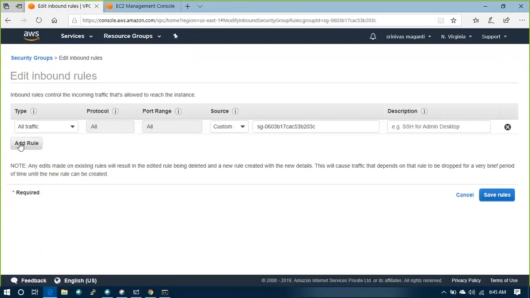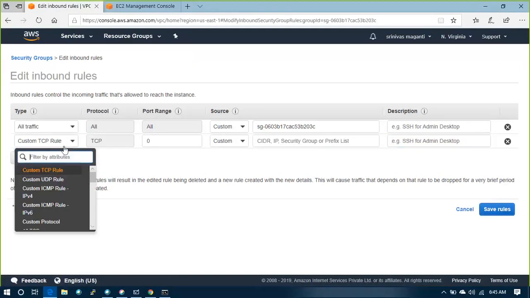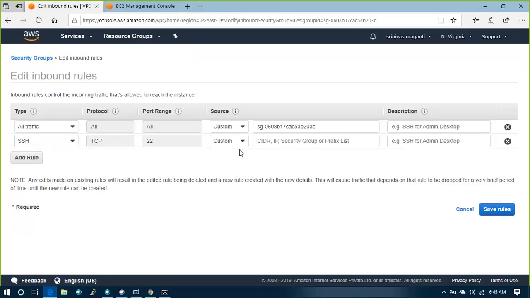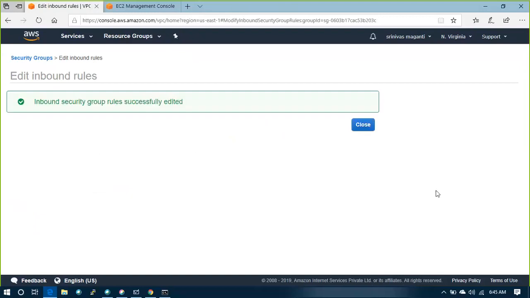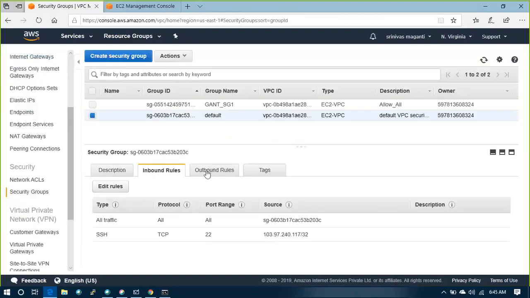Edit rules, from SSH to my IP. Right? So I'll utilize this one.